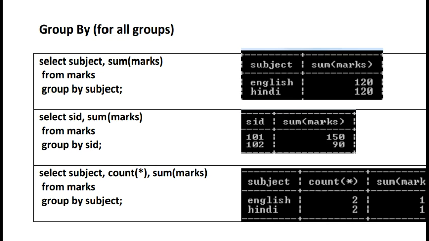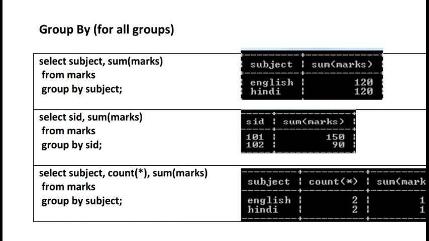So group by subject, or here I am selecting select subject. Okay, this is important. So you can see in the output, subject English and Hindi, only one time. So it will merge, it will collapse, but I want to sum. So here on the grouping column basis I want to sum, but which column? A particular numerical column. So all the English subject will summarize. You can see output is 120. All the Hindi subject will summarize, sum 120.